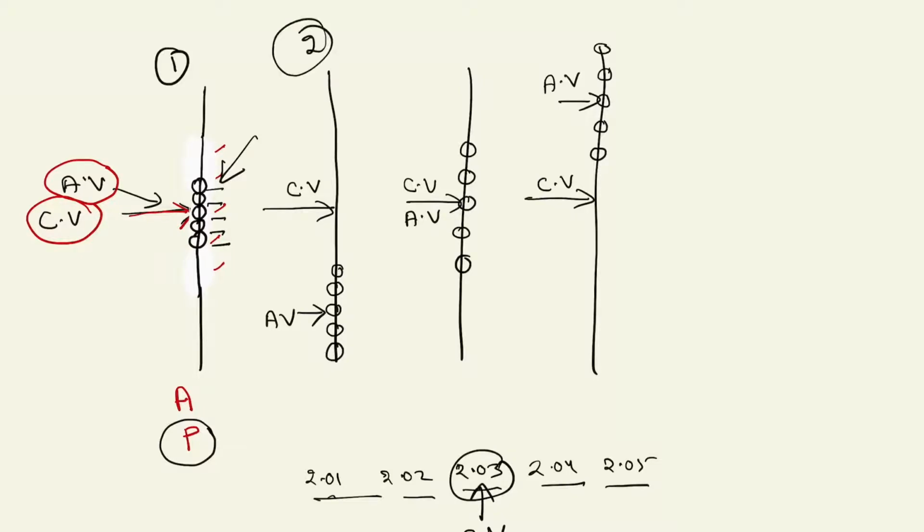Then we talk of the second case. In the second case, 5 readings have been taken by the measuring device, and when we calculate, these are very close to each other. This means the measuring device is highly precise. But when we calculate the average value, this average value is very far away from the correct value. This means that it is precise, but not accurate. Accuracy refers to when the average value of all the readings lies very close to the correct value, then we say that the measuring device is accurate. But here the measuring device is precise but not accurate.